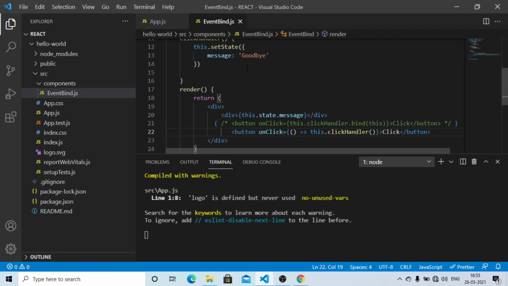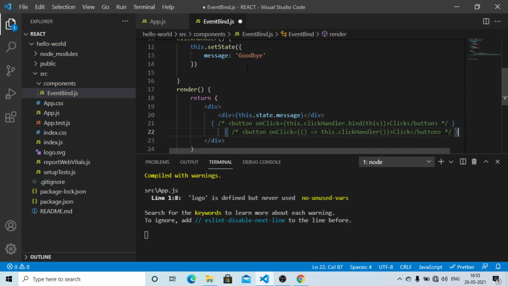So we would like to comment this again, and again we will be copying this. We have seen the event binding in the render method.